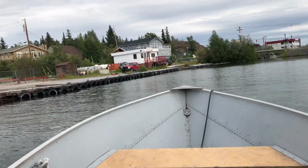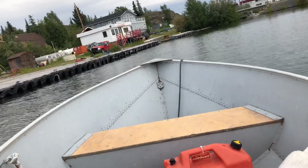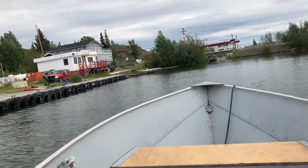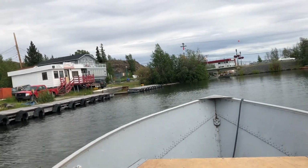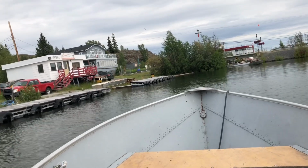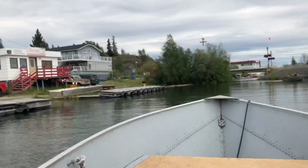We're going to go under the causeway here. This is, if I'm going to foul the prop anywhere on this trip, it's probably going to be here. What do you think, Lola? It's a little bit shallow, so we're going to be really careful. And definitely stay to the left side. Going under the bridge here. Wouldn't be the first prop I fouled, but